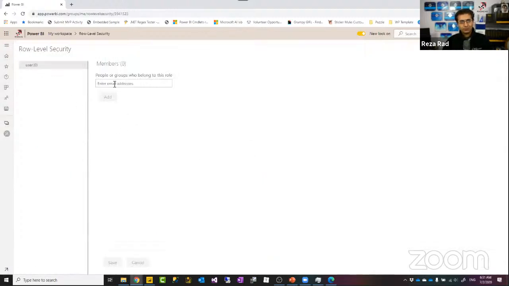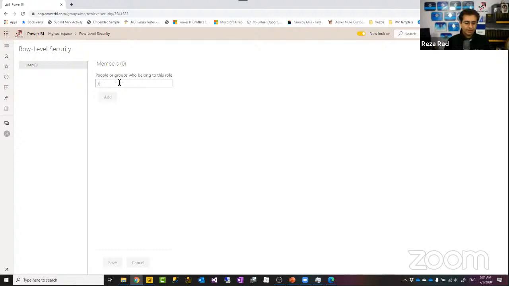Now what you should be really doing at this stage is not to assign users one by one here. You should create a group, Office 365 group or AD group, you call it everyone, and bring everyone within your organization into that group, add them all into that group, then just assign that group to this role because they will see only their own data. If they don't have a record in that table, they don't see anything, right? There is nothing to be worried about if you are adding people to that role.